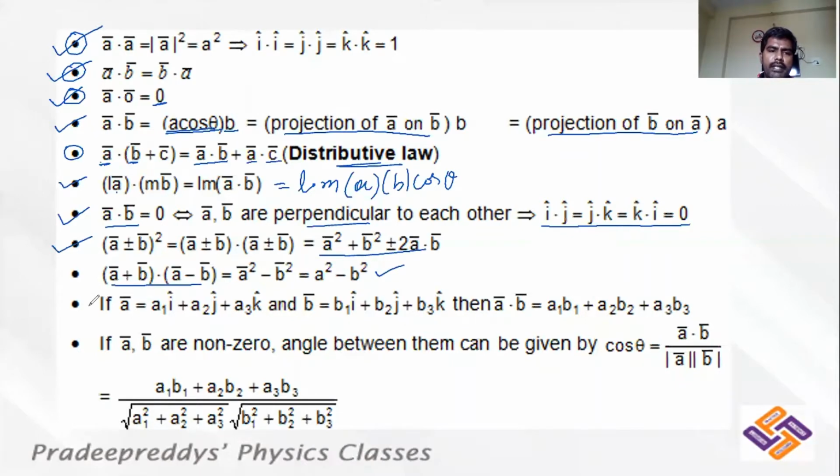And if you have two vectors, a bar and b bar, with a1 i plus a2 j plus a3 k being vector a bar, and b1 i plus b2 j plus b3 k being vector b bar, then when you take the dot product of these two vectors, simply multiply their components in the same direction. The components of a bar and b bar along i are a1 and b1, so a1 and b1 multiplied, plus a2 b2, plus a3 b3. Simply multiply the components along the particular directions to get the dot product of two vectors. Of course, we will solve one or two problems about this multiplication of vectors in the next video lecture.